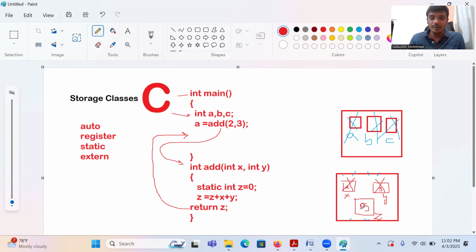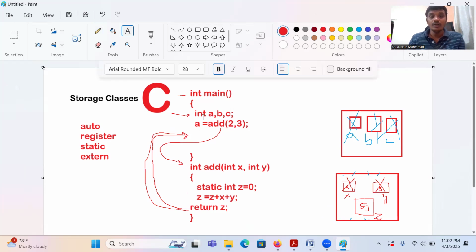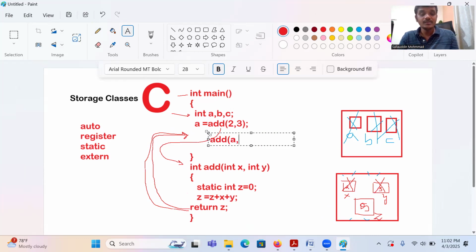Then what is the purpose of this kind of variable? We exited from this function and came back to the main function. Again I'm calling the add function. This time I'm passing the values a, and 4. A is a local variable, passed as one parameter. Now that becomes c =